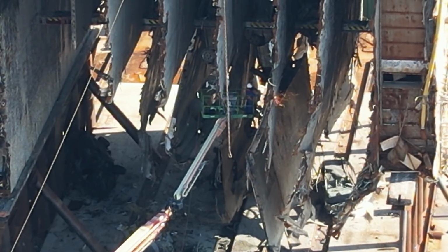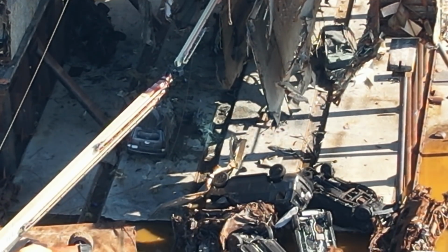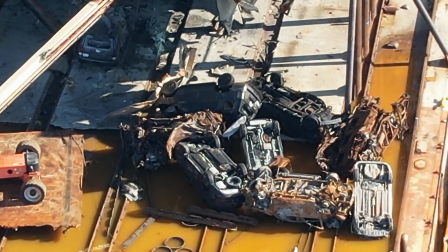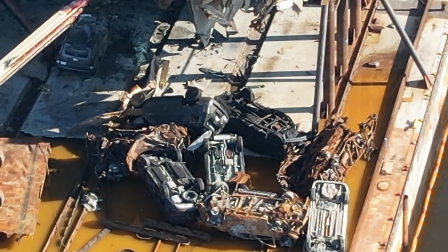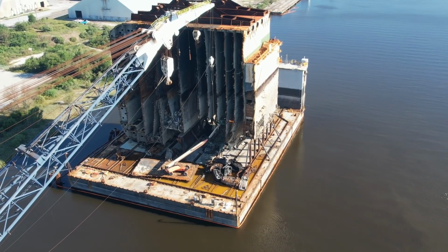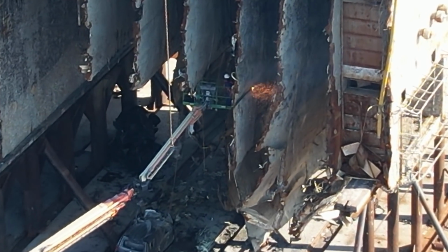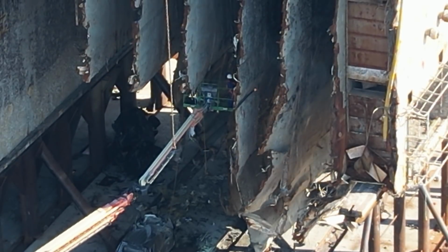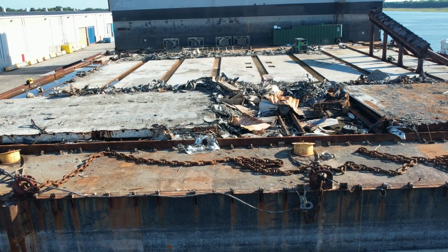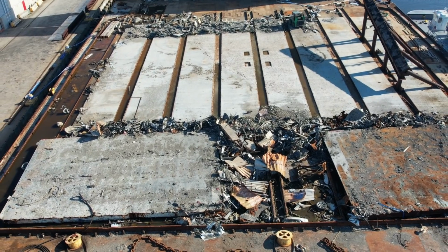Keep in mind, this section, Section 5, and the section that is still out in the water, Section number 4, are going to be broken down here in the Port of Brunswick and then transported away. And that's certainly understandable, because when you look at this section, and the amount of damage that's been done to it, trying to maintain stability of this section transiting the Gulf of Mexico looks like it could be a pretty dangerous event. So yeah, we can understand why they would want to try to get this dealt with here in Brunswick